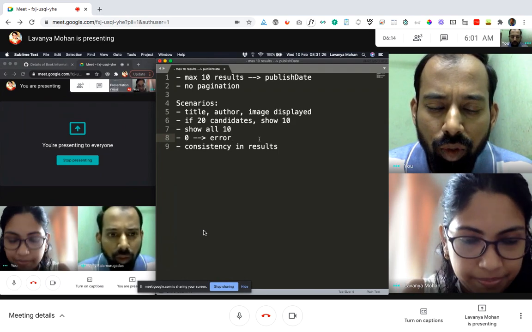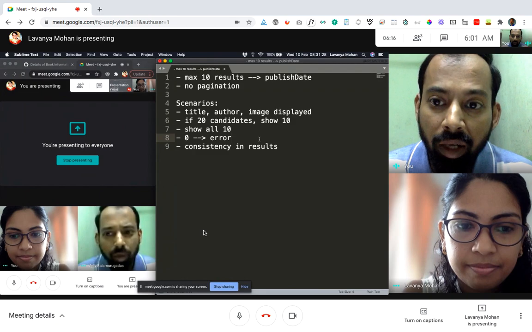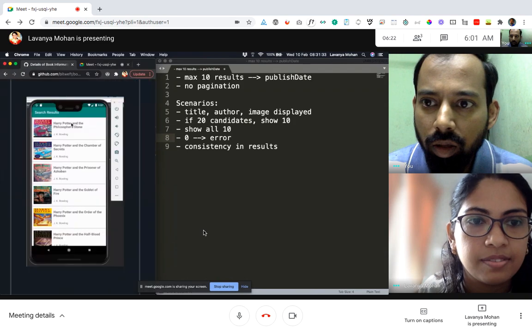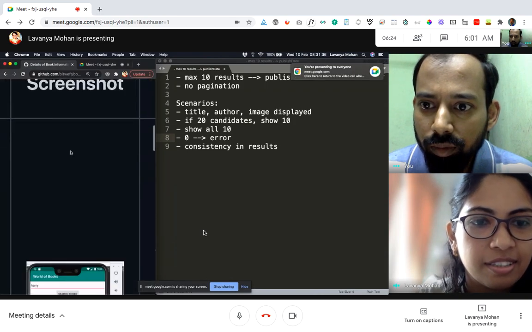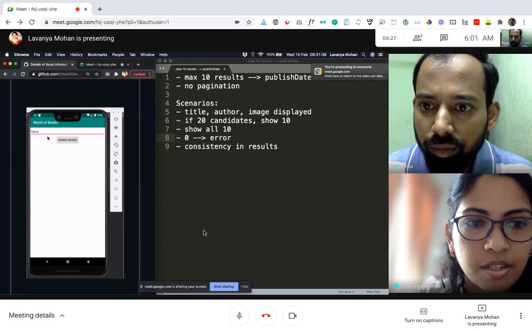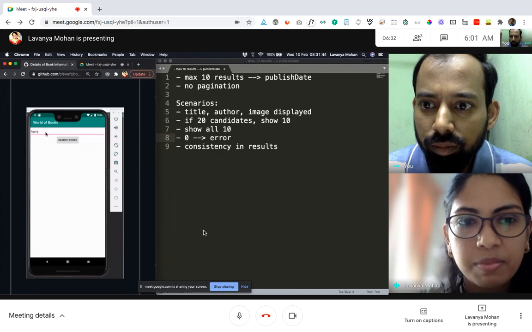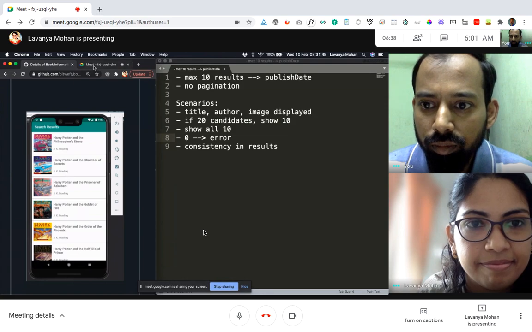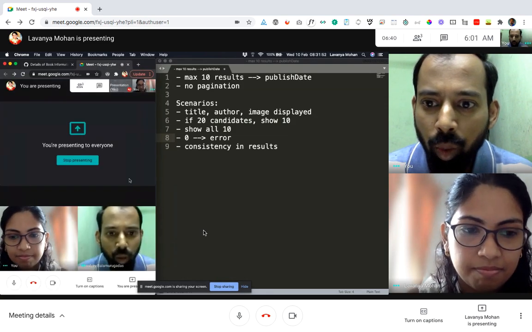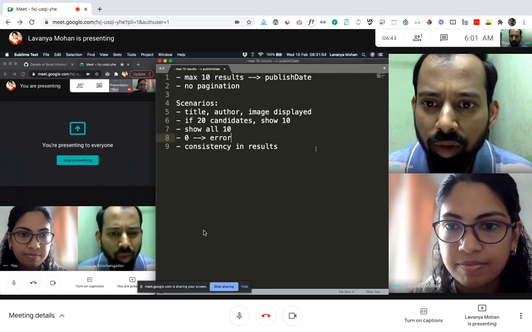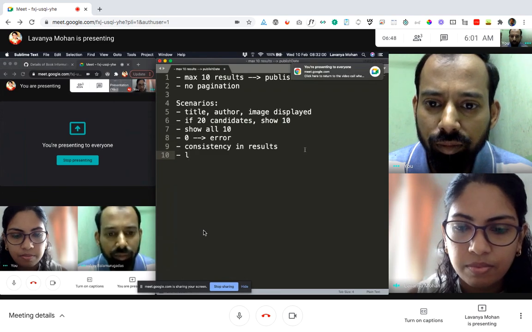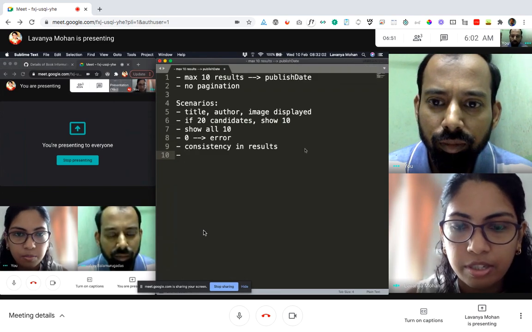Sorry, what is the step? How did we get here? Is this the first screen, or is there a screen before? Good question, so let's look at that screen. There is just a search button and a text box, and if we type something here and click on search, then we come to this screen. So is there a loading in between, or is it out of scope for this? We can just write it down for now, and then we'll discuss it in a little more detail.